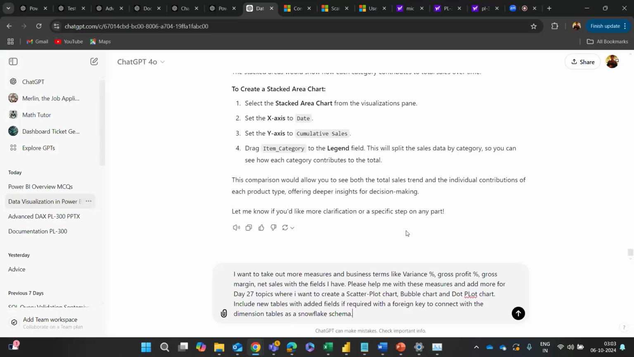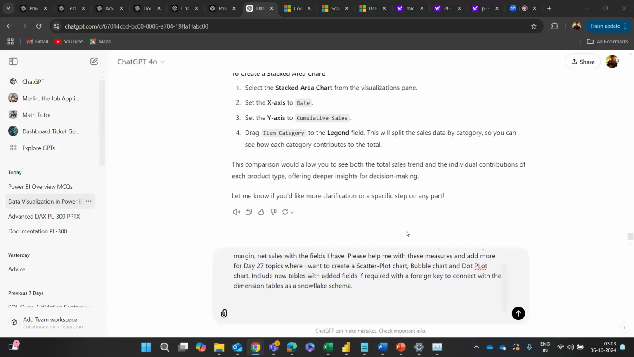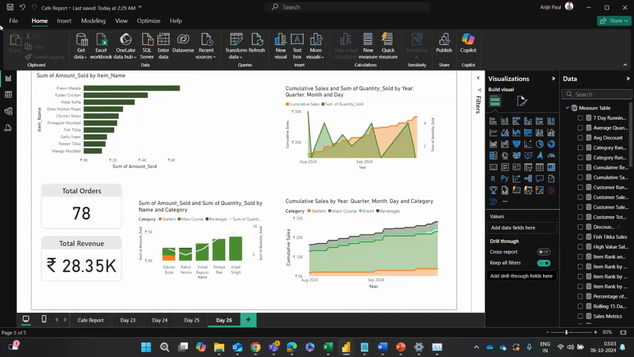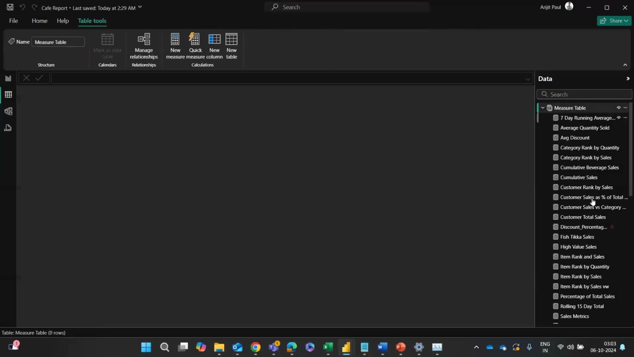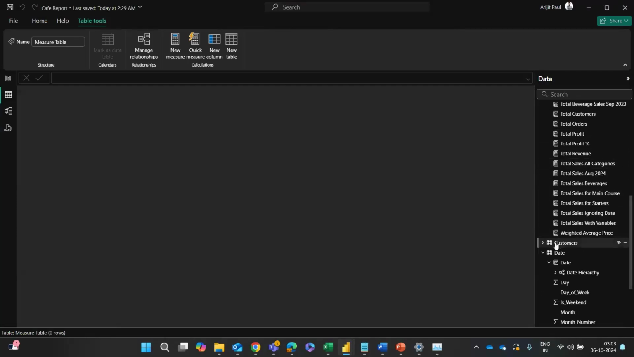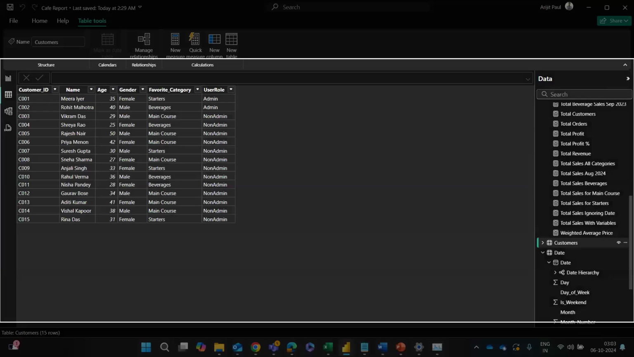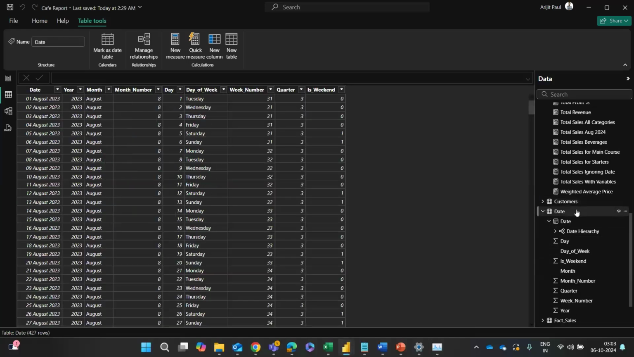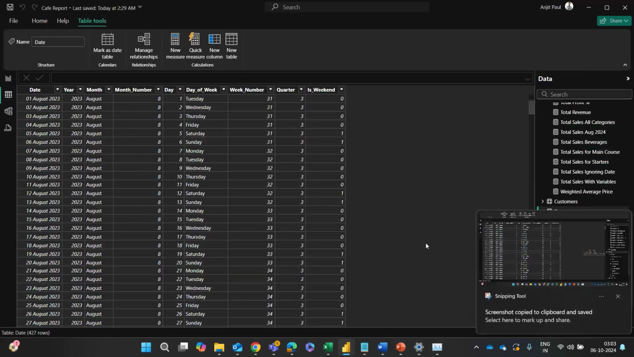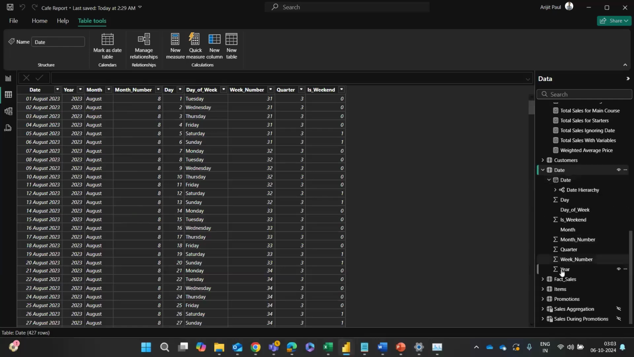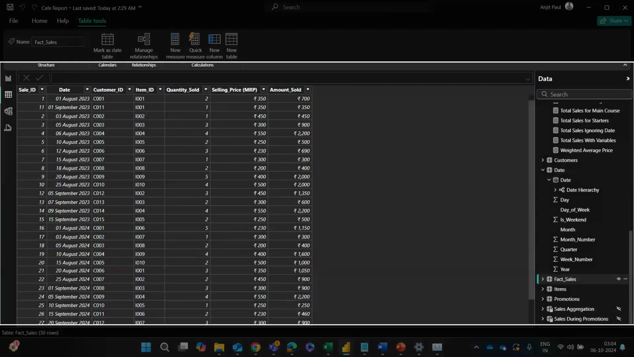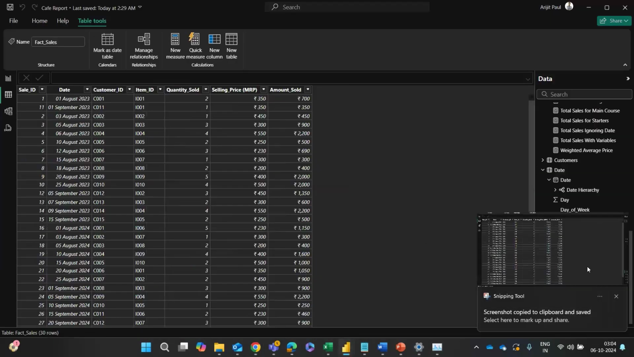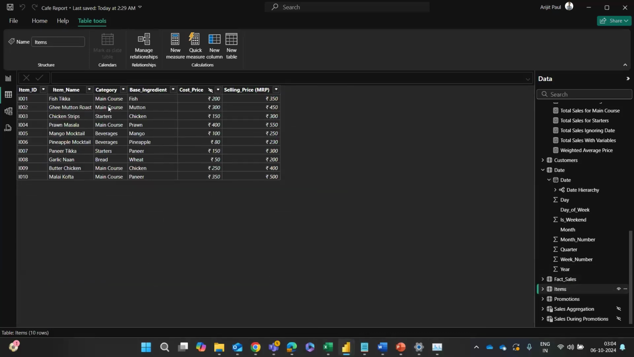Now we are going to create a snowflake schema, and I'm definitely going to explain a little bit about the snowflake schema. Let me go to the Power BI report where we have the data view, the data pane, and I'm seeing that we have some tables, so I'm going to use the customer table. I'm going to use a shortcut to take the screenshot, and I'm going to feed ChatGPT this information. We are feeding the date table, then we have the fact sales table, and until now we have used star schema data modeling,